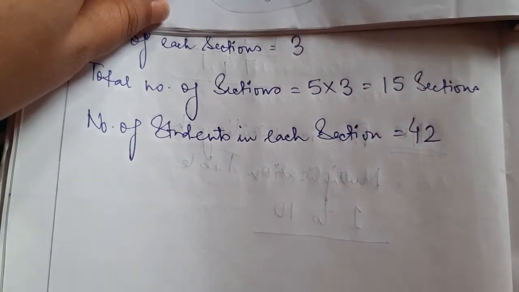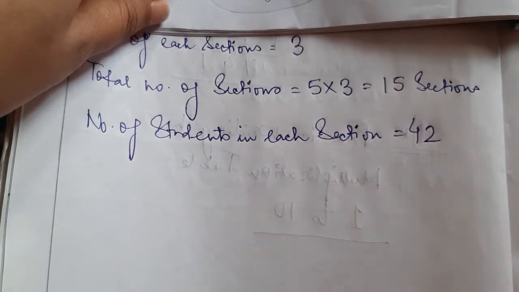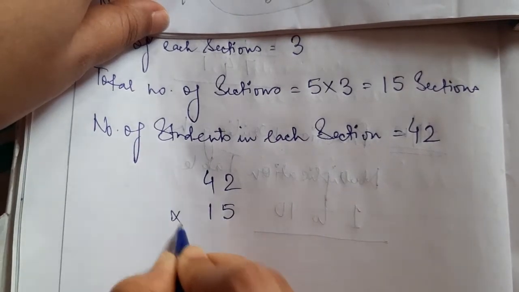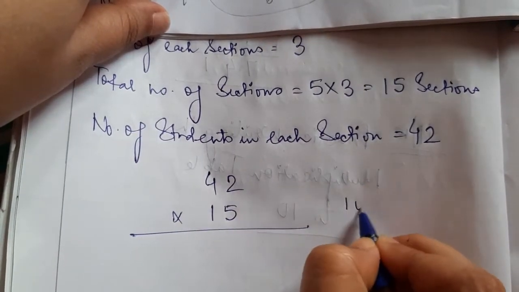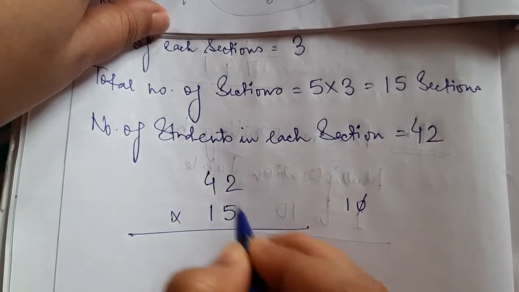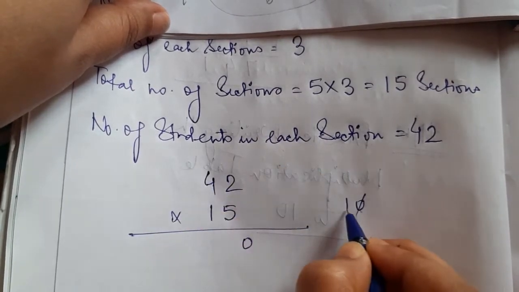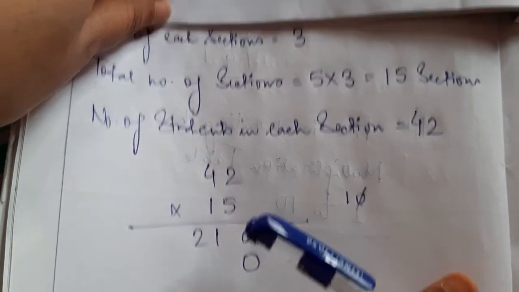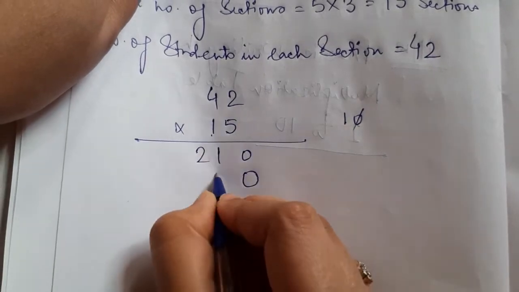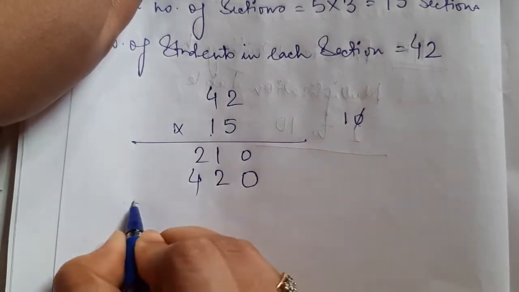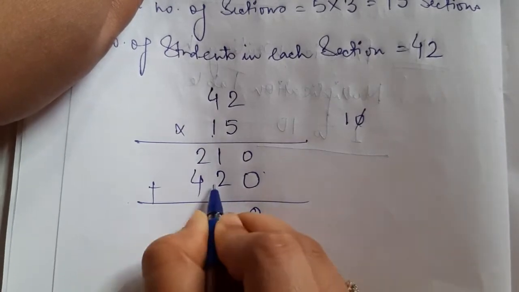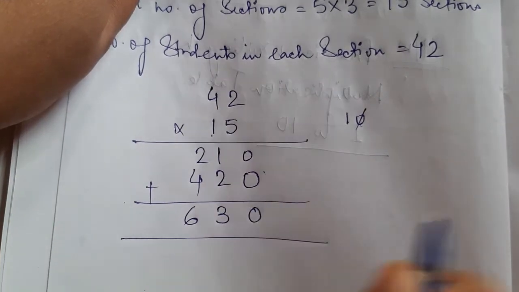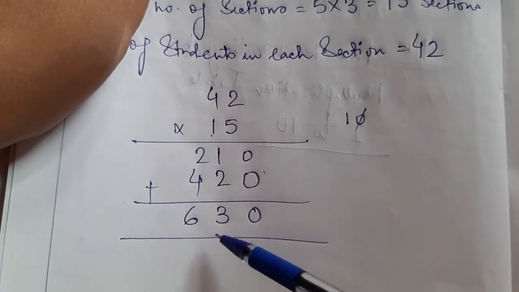So what do we have to do? We have to multiply 15 with 42. I am multiplying it here. So 42 into 15. Very easy. 5 2s is 10. 0 here. 1 carry forward. 5 4s is 20. Carry forward 1. 20 plus 1 is 21. Easy. Then in the next step we have to add a 0 here. 1 2s is 2 and 1 4s is 4. See, so simple. 0. 2 plus 1 becomes 3 and 4, 5, 6. So the answer becomes 630.